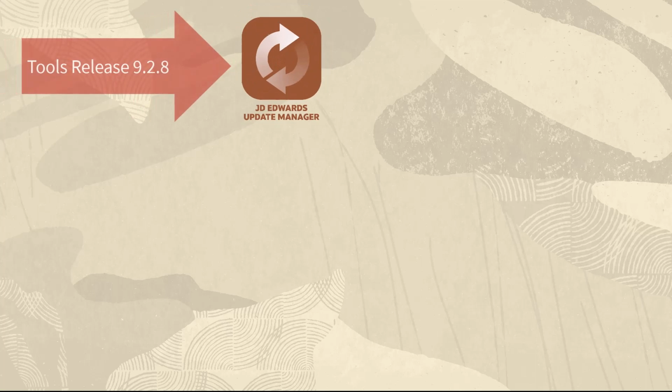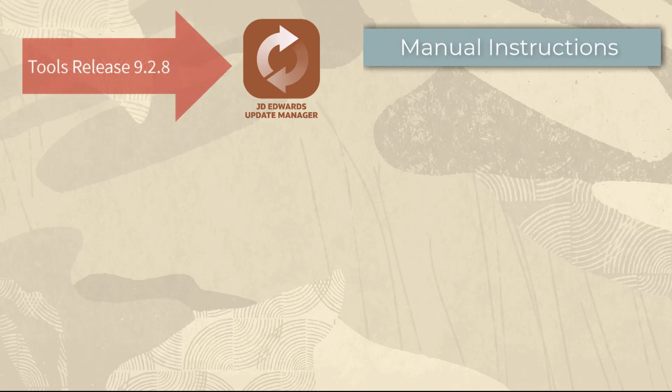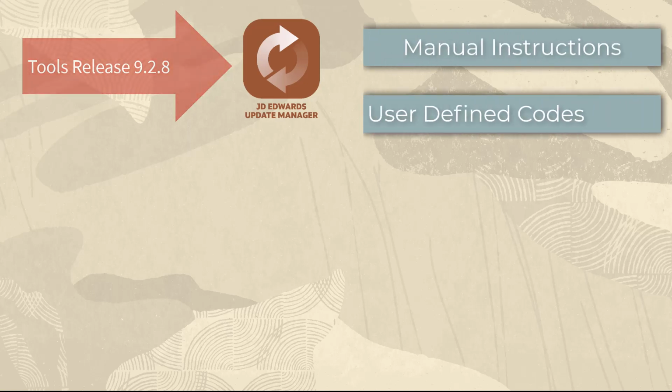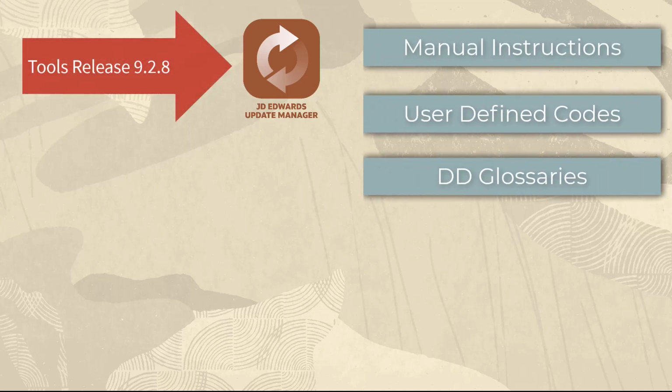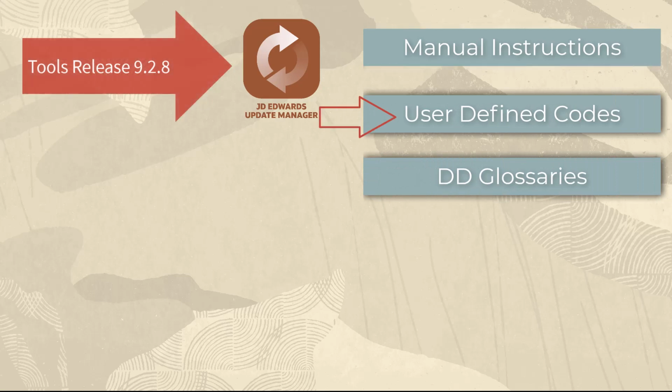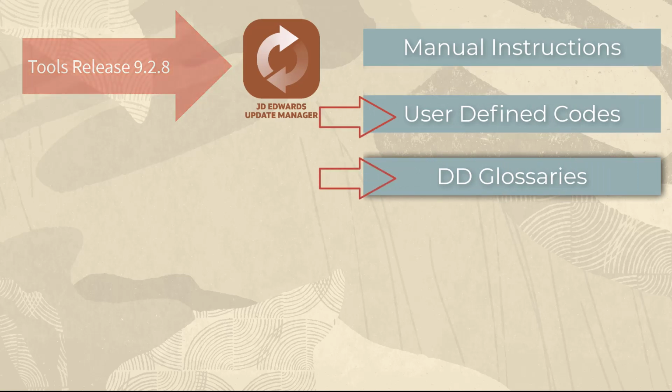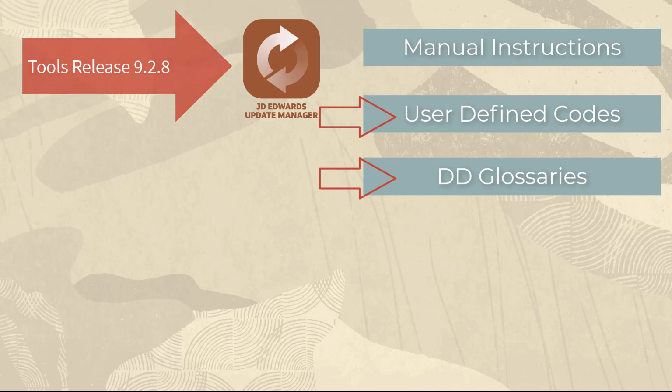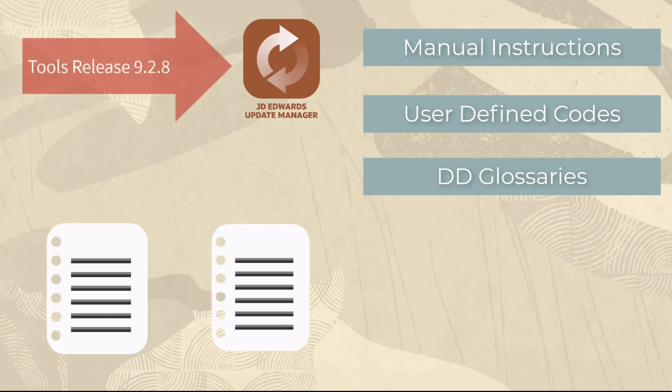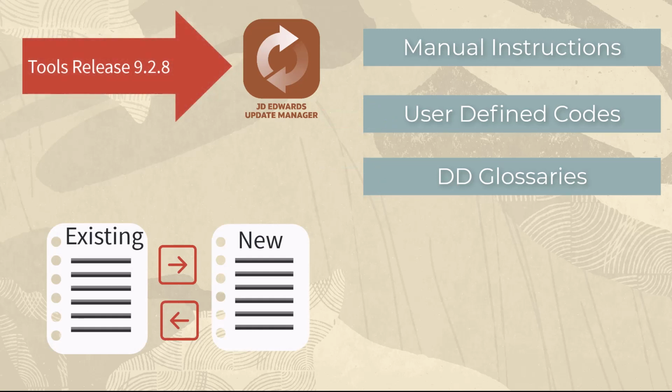Starting with Tools Release 9.8, Update Manager provides you the ability to review and apply text updates for manual special instructions, user-defined codes, and data dictionary glossaries using the web client. UDC values and DD glossary text are two typical types of special instructions that are evaluated during the software update process. A side-by-side comparison of the new and old text values enables you to review and choose whether to accept